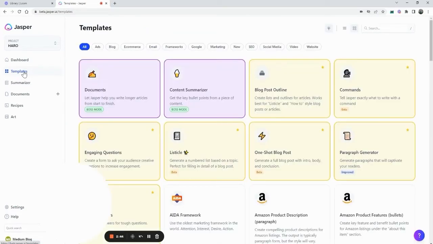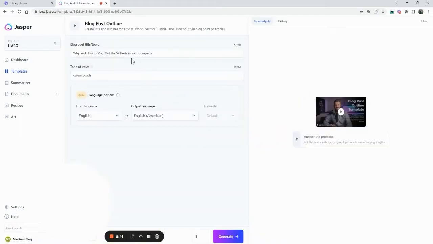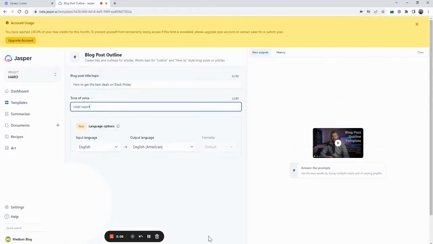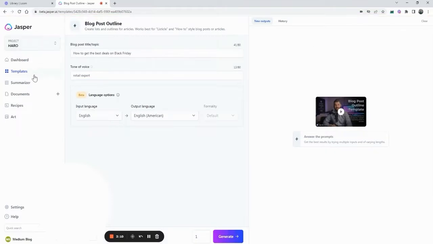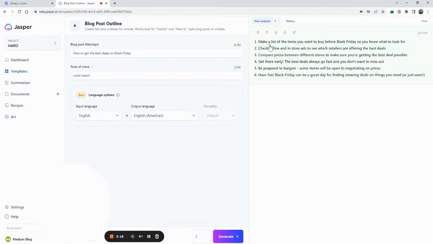So then I go to another template called blog post outline, and there I put in this, and I ask Jasper to give me some ideas on what I could write about in terms of blog post outlines. Wow, that's a weird thing to say. Let me try again. I'm guessing that's a random error. Yeah, I thought so. Okay, so it says make a list of items you want to buy, check online, compare